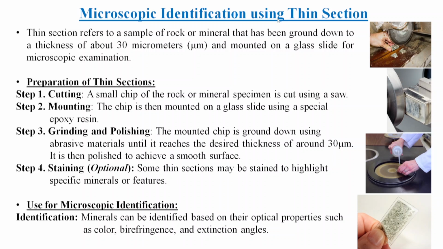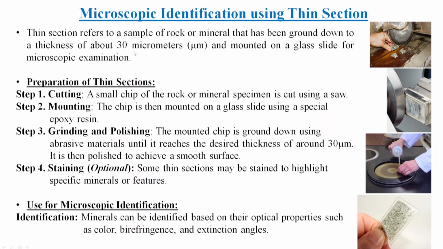To prepare a thin section of a particular rock, we generally cut a chip or a slice from that rock, mount it on a glass slide by applying some adhesive, some glue, and then we grind it and polish it to such a level,